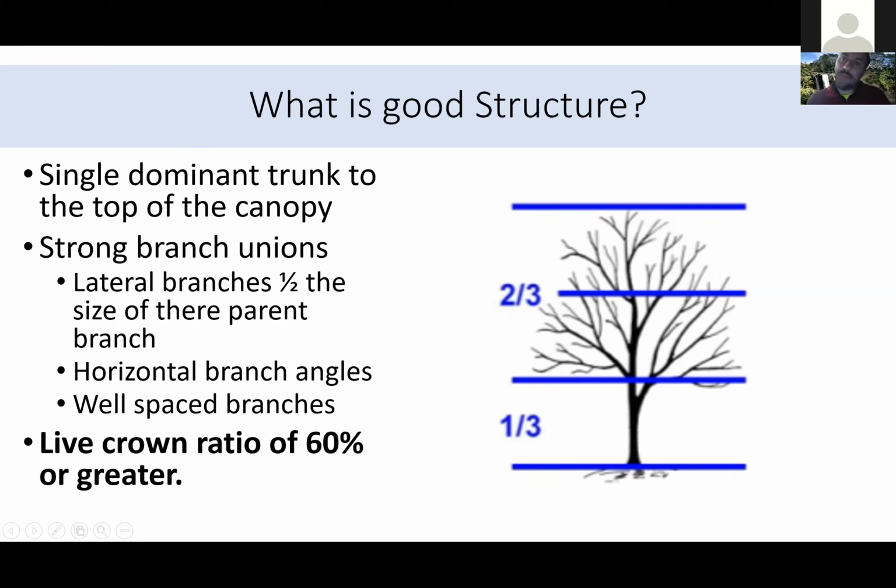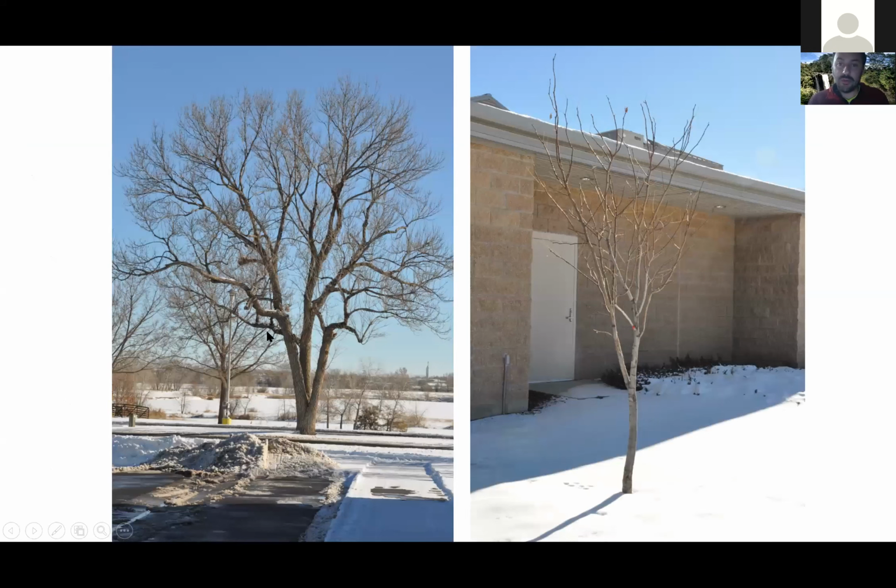Here's some examples of trees with poor structure. That ash tree I mentioned earlier, right? Codominant trunks, that's what this picture is really illustrating, right? Many codominant trunks, more prone to failure. Can't do anything about this now. This younger tree, which actually died several years back, is a really good example of a young tree with poor structure, right? Lots of codominant branches. In this case, we could do something about it. We could remove some of the codominant branches or shorten them to let our dominant leader get a little more light and be the dominant leader.